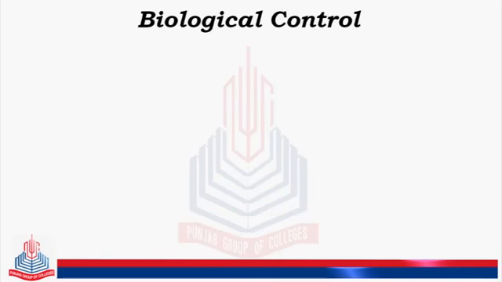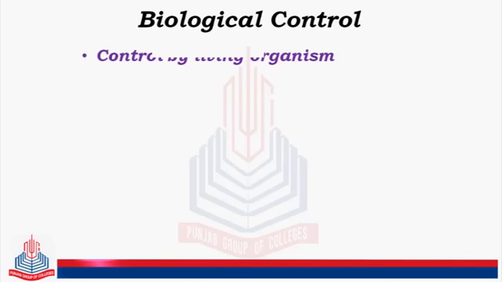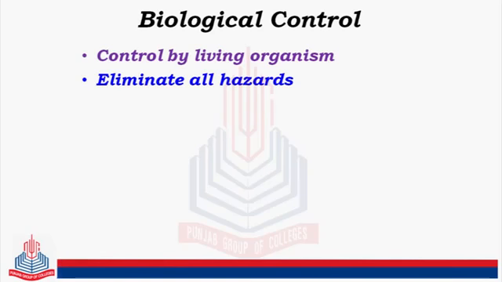Biological control. As we have mentioned earlier, biological control is to control some disease or some pest or some insect biologically. By the help of any life, we can eradicate it. The best thing about biological control is that it avoids pollution. So it is non-toxic because we are using life for it. It is control by living organisms. It can eliminate all hazards. Hazards here refers to the effects of fungicides or insecticides or something like that.